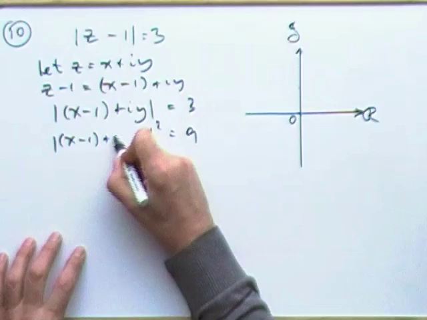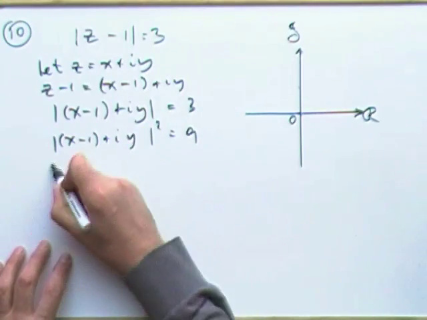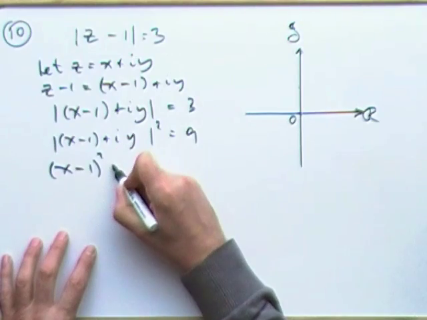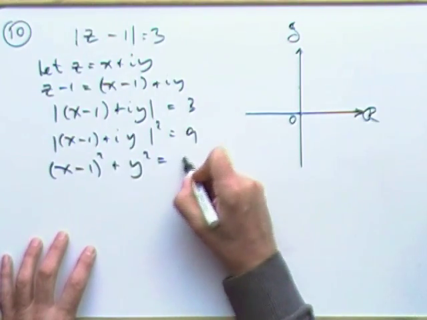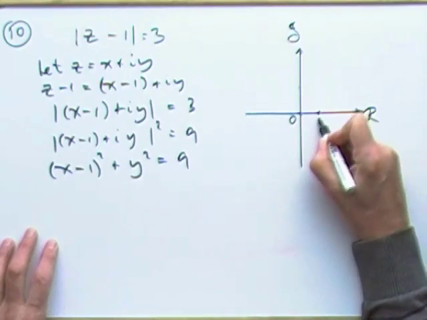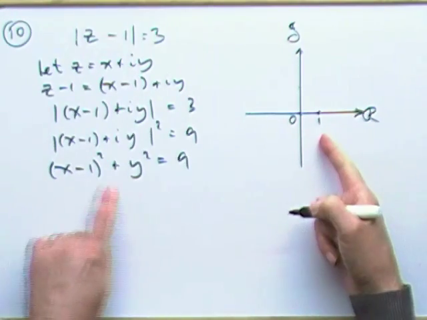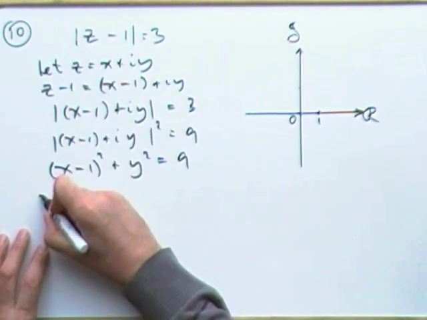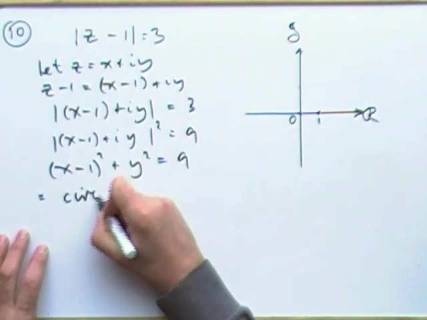So for the length of that, x minus 1 and y, that's the same as x minus 1 squared plus y squared equals 9. And that's immediately recognisable, just as it said before, as a circle centred on 1 with radius 3 squared, radius 3,